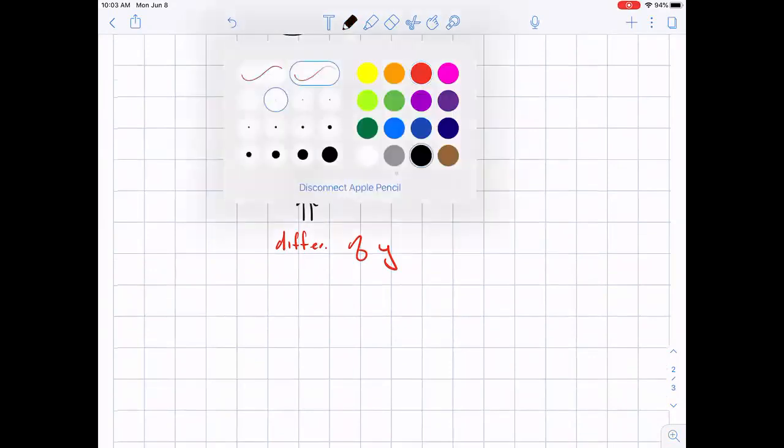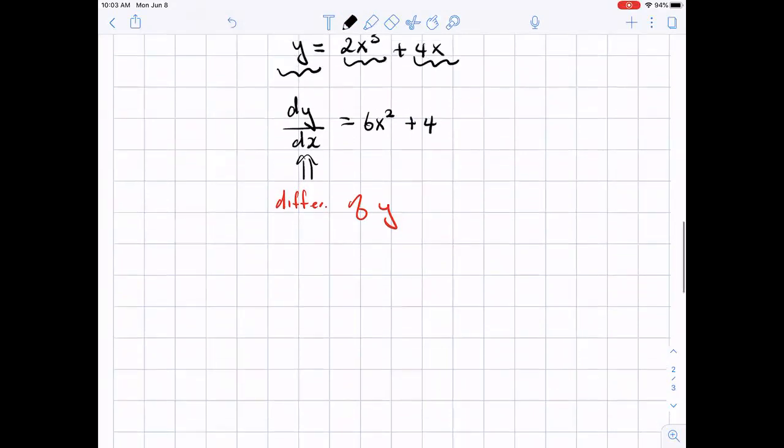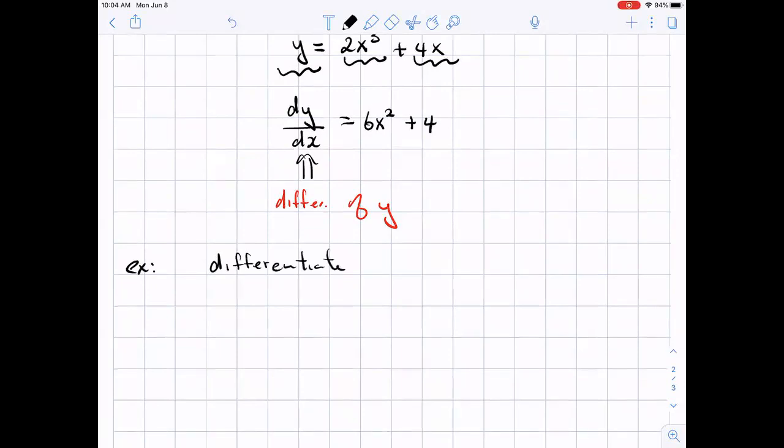So why am I going into detail with this? The reason is because if you have a function that's written implicitly, you will see why I'm doing this, okay? So let's look at an example here. For example, if I ask you to differentiate x cubed,